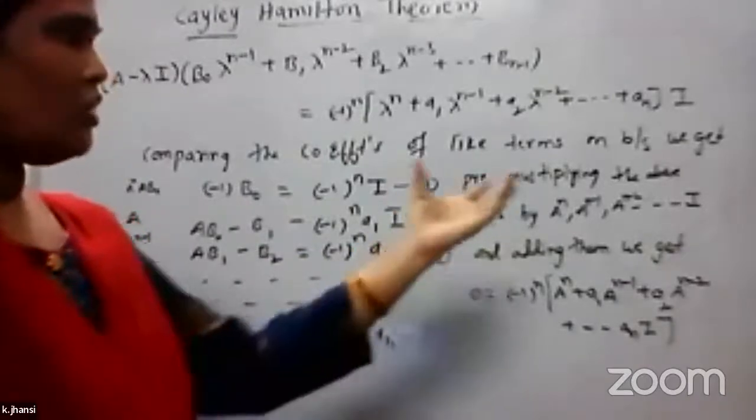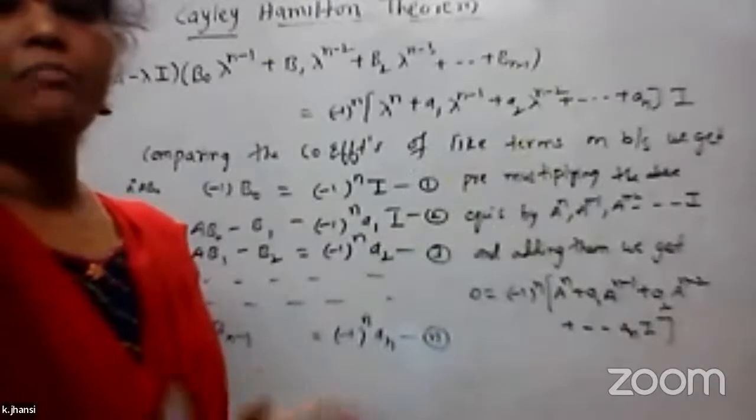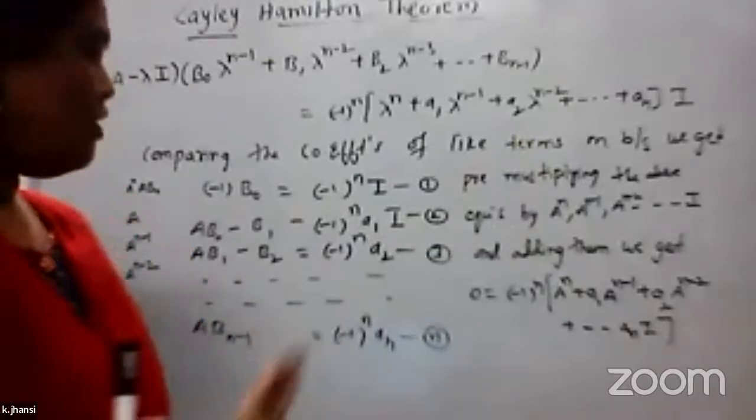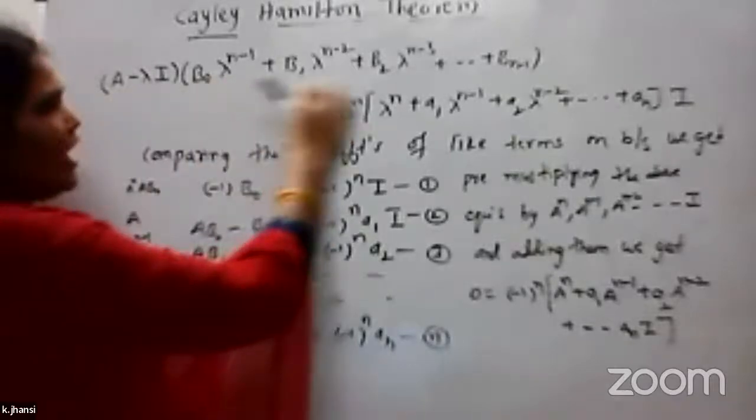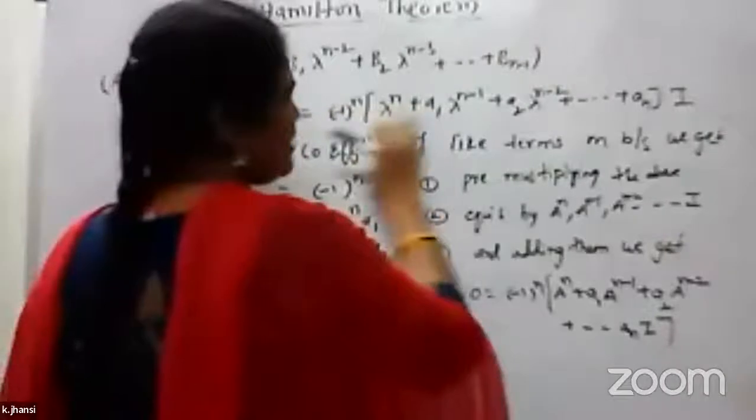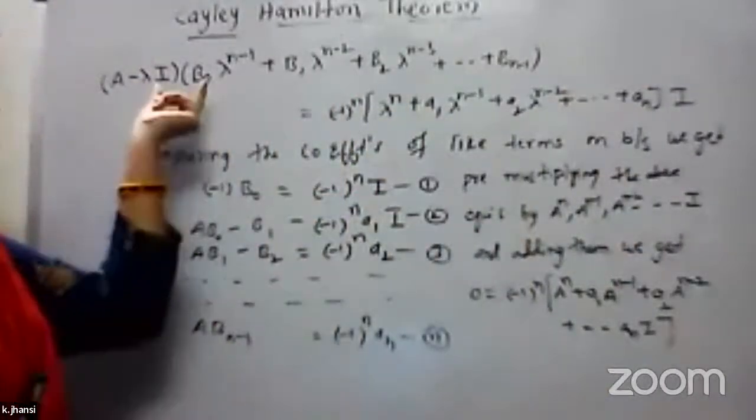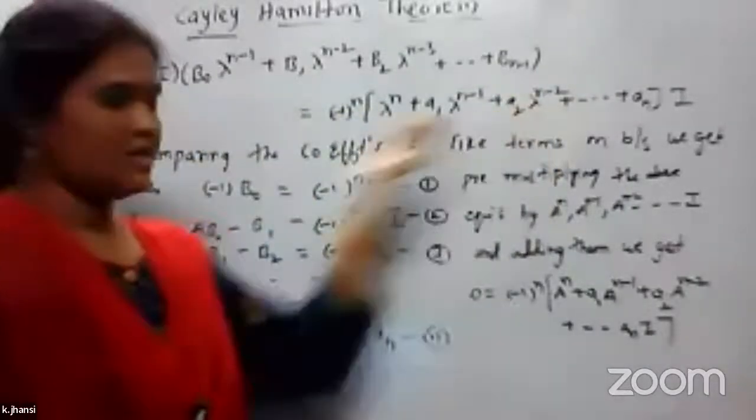We have one concept, that is A into adjoint of A equals determinant of A into I. With that rule, we take A minus lambda I with the help of the adjoint of the matrix, and it equals determinant of A minus lambda I into I. When you expand this and compare the like terms on both sides, you will get